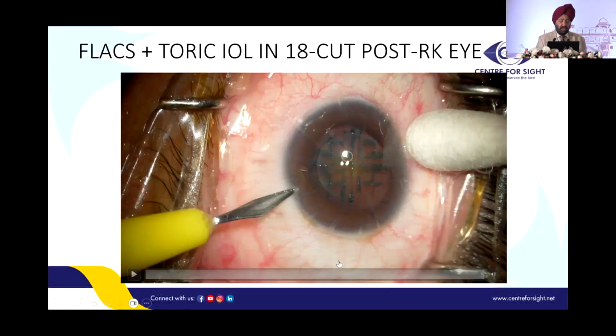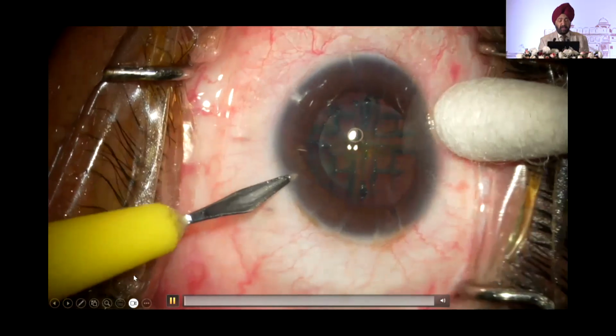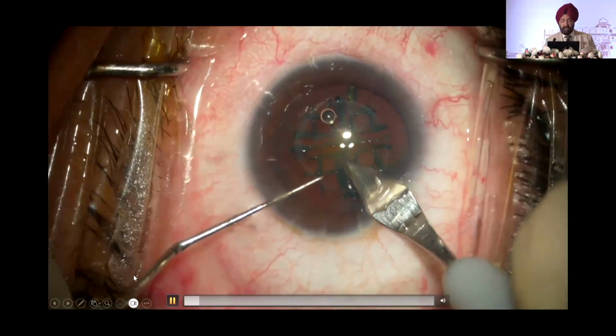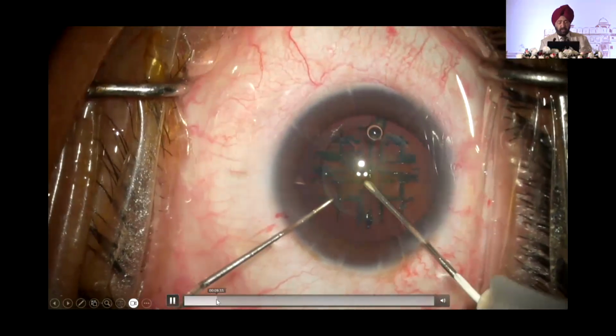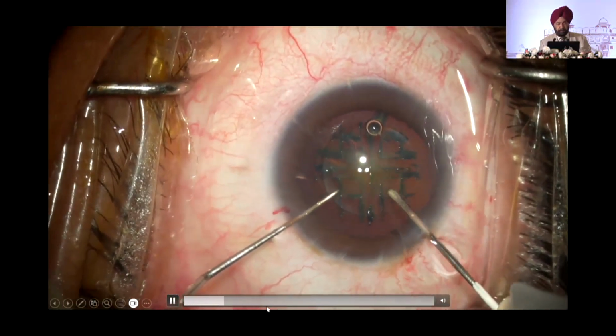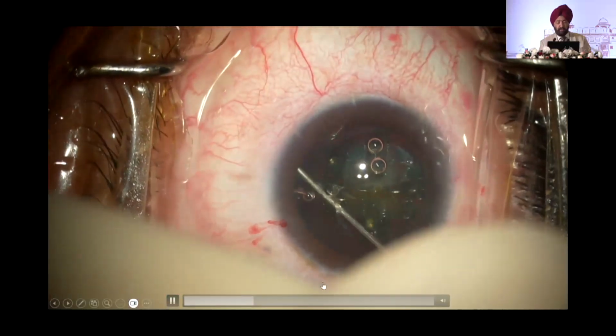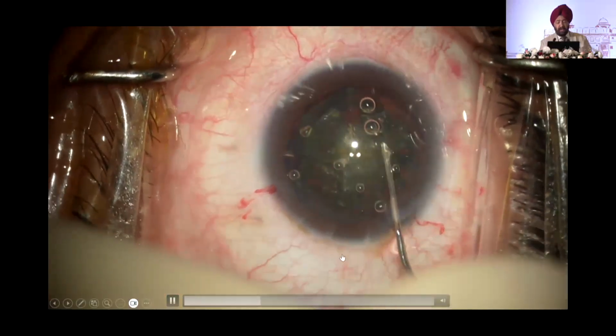Now, this is a toric IOL that we have used in an 18-cut RK. The only thing is that these RK incisions are going to have a little effect on the capsulorhexis. So what we do is that when we are doing the capsulotomy, we increase the energy setting so that we are able to get a good capsulotomy despite an RK. And the only thing we do is that we don't place an incision,